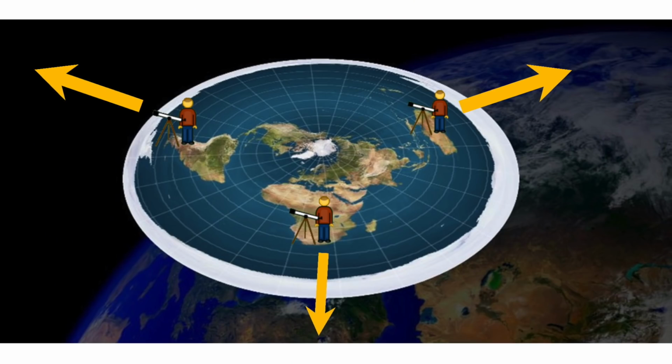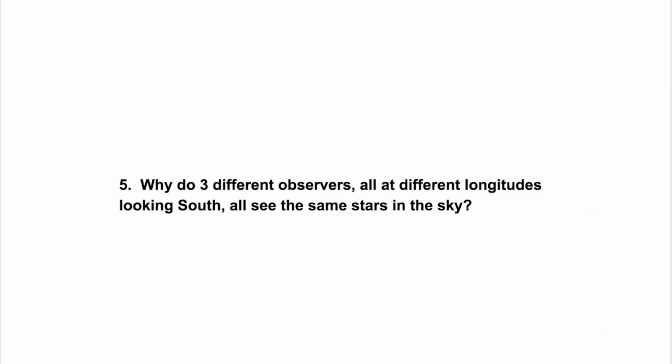If three people stood in Australia, South Africa and Chile and they were all looking due south, how in the blue blazers are they all seeing the exact same stars? Because let me assure you, they absolutely do. Think about that one for a minute, flat earthers. Take all the time you need and then sink to your knees as your little made-up world falls apart around your ears. Wow, what a massacre.